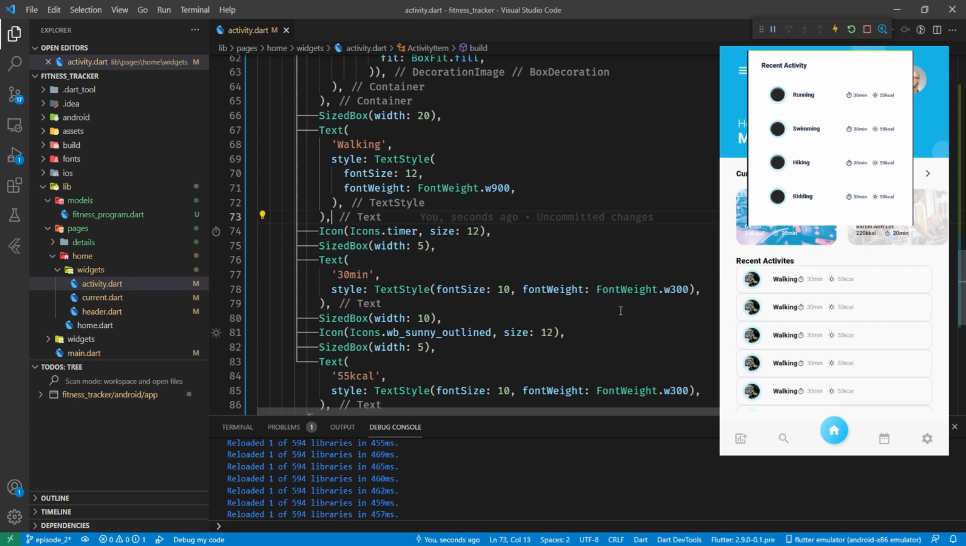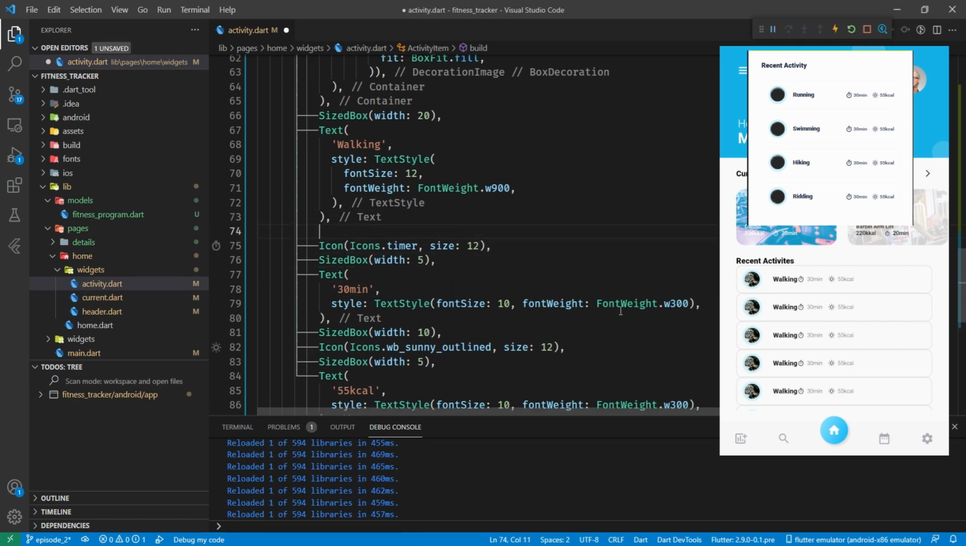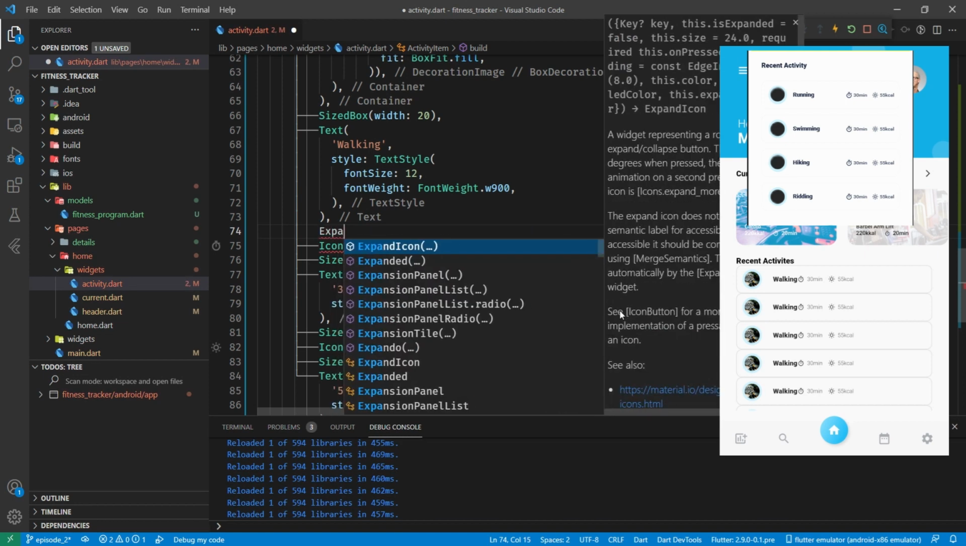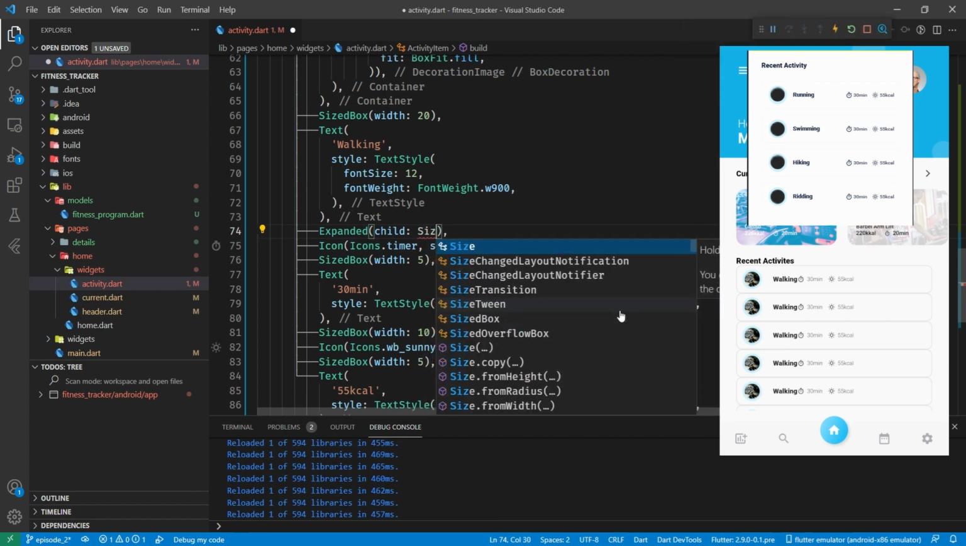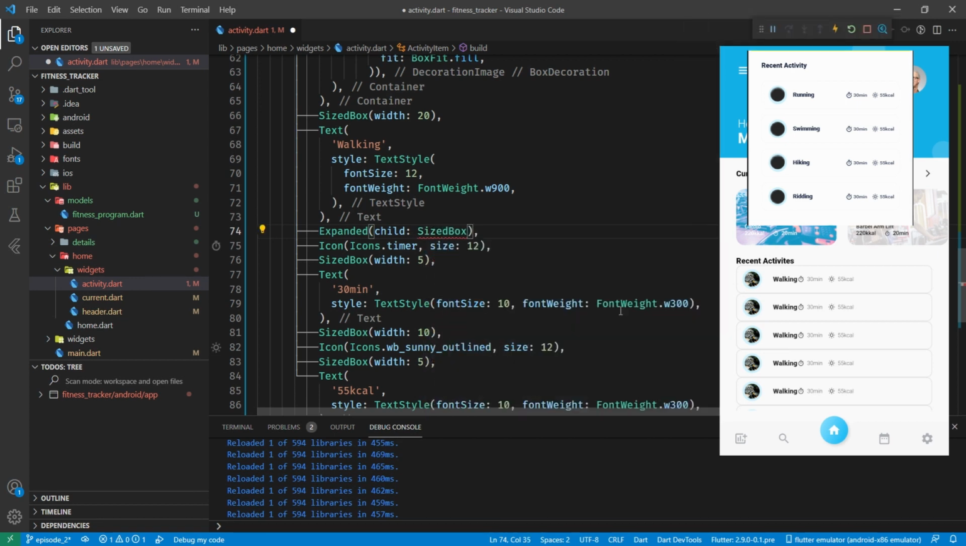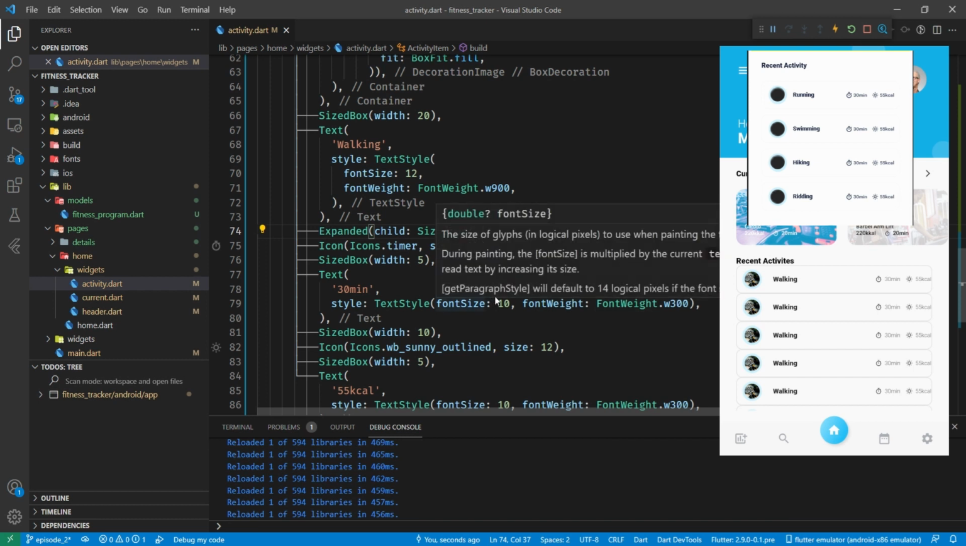So that just leaves the size that we want to put between the walking and the clock. And what we want to do is push everything over to the right hand side. We can do that by putting an expanded in it. It does need a child, so what we're going to put in is just an empty sized box. And when we save that, everything gets pushed over, which does leave us now with that last problem,